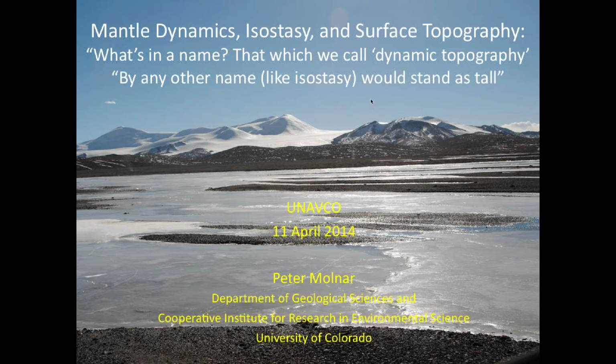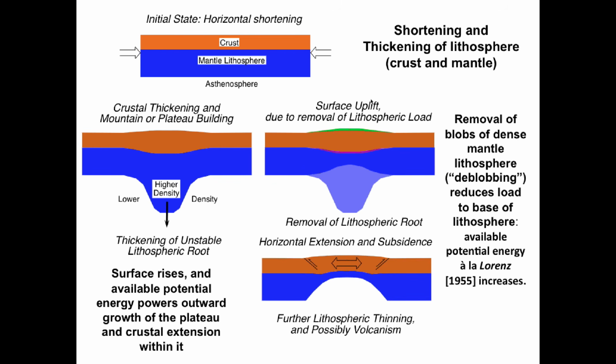Okay, so let me give you the basic idea of where I'm going with this. You'll find that I give a long introduction, and then this is a bit of a polemic, as I think will become clear. But we imagine in all of our sciences that we have a crust which is less dense than a mantle lithosphere, which is slightly more dense than the asthenosphere, at least if you put them at the same pressure. And most mountain ranges are built by shortening the crust and the mantle lithosphere horizontally, so you shorten that, thicken the crust. This is standard freshman geology.